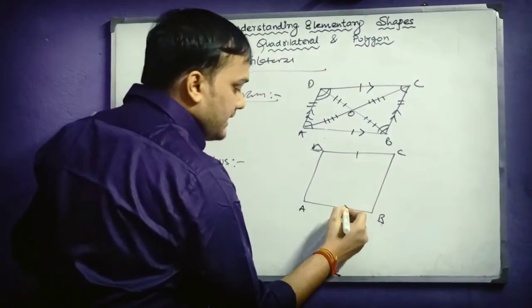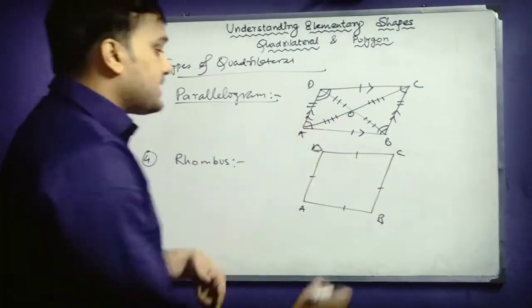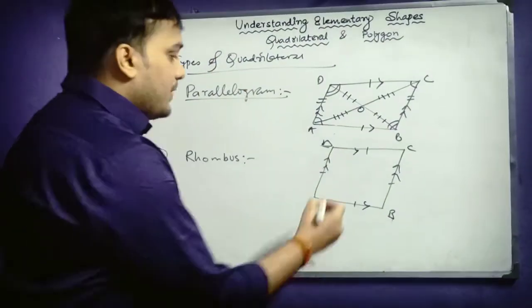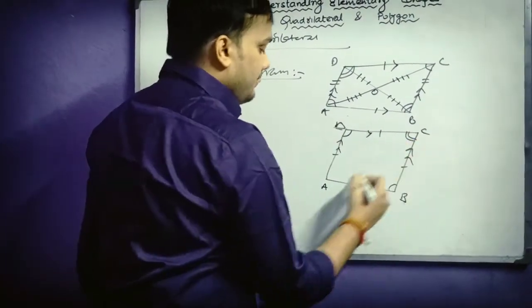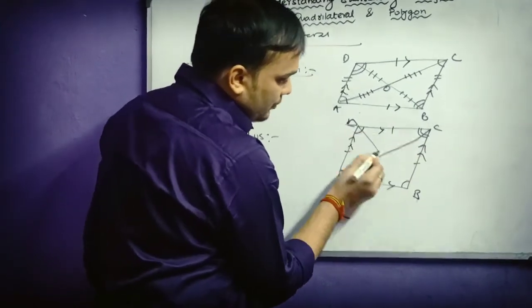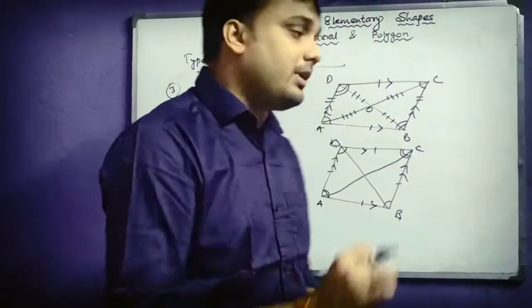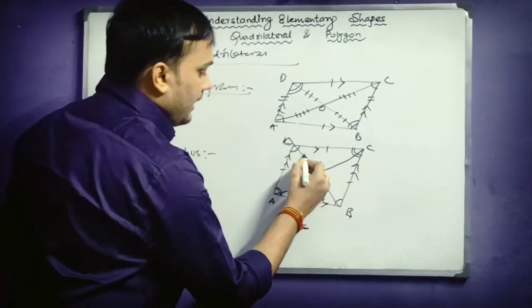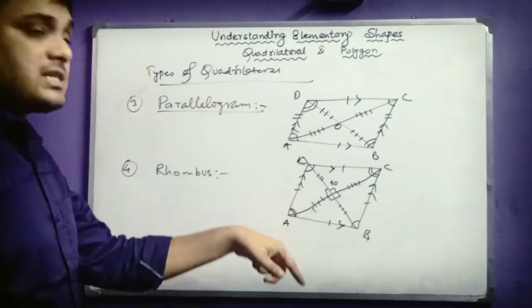All sides are equal, like a square. All sides are equal. Opposite sides are parallel. Next, opposite angles are equal, just like a parallelogram. Again, this angle will also be equal. Again, we will see that this diagonal is so big and this one is so small. So diagonals are not equal like a parallelogram, but diagonals perpendicularly bisect each other. So this is 90 degrees. These all are 90 and these parts are equal.